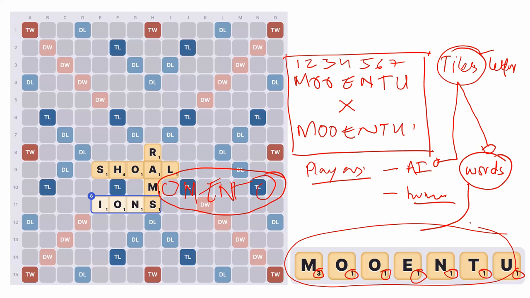एक category आपके पास और है, और वो category है of stuff which is happening that we take for granted, that's happening in the background. So if you think in terms of the Scrabble game and the Scrabble AI, word score कौन करता है? There is a scorer, right? So is the scorer a character? Yes, no, maybe. Scorer is also a character. So हमारे पास scorer आ गया, board आ गया, words आ गए, letters आ गए, tiles आ गए.